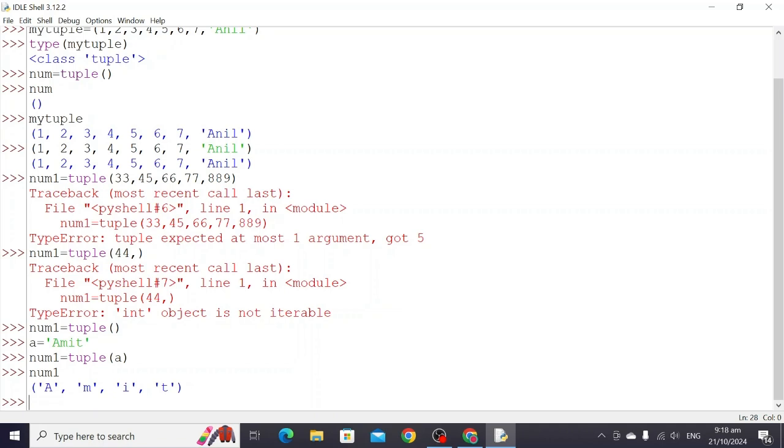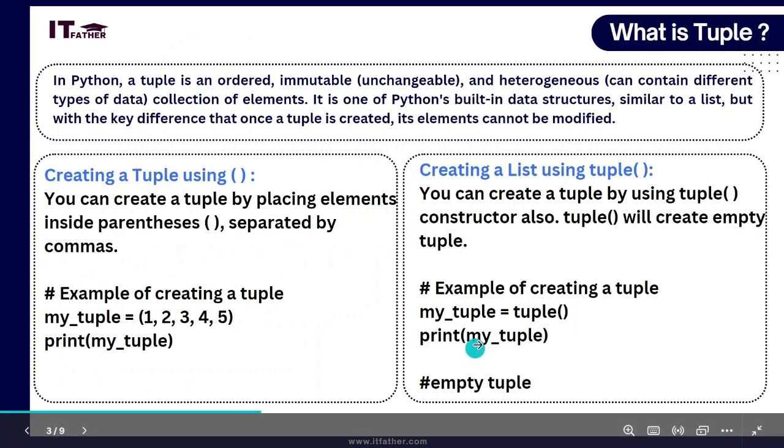So tuple is a function, it is a constructor, so it will not take any argument directly, rather it will take an object which needs to be converted into tuple format. In this way we can pass a list also. If we have a list, we can convert it to a tuple directly using this tuple function. Understood? Once again I will be telling you. Yeah, got it. So let's understand the next thing,